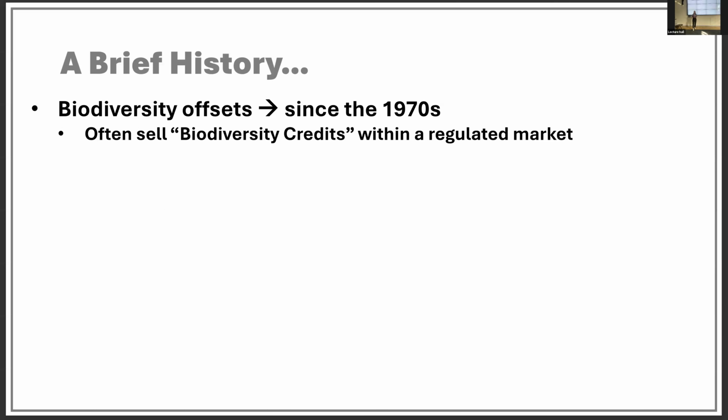As a brief bit of history, this isn't a new idea. Biodiversity credits have existed in some form since the 70s, more within the realm of biodiversity offsets. This is the idea, as I'm sure we're all familiar, where a company is destroying biodiversity or habitat in one area and offsetting that by protecting or restoring it in another area. It was started in the States and is now common worldwide. Often biodiversity credits are sold within biodiversity offsets markets. So they've existed for a while, but generally within country-specific regulated markets. Not quite always, but most of the time.